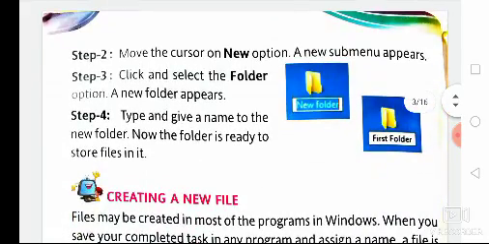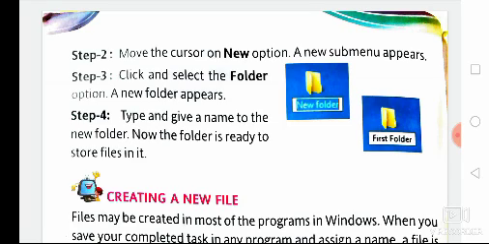Move the cursor on the New option. A new submenu appears. See the first one, that blue colored one. Then click and select the Folder option. A new folder appears. Then type and give a name to the new folder. Then the folder is ready to store files in it.